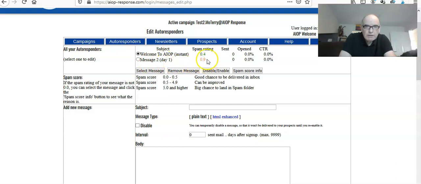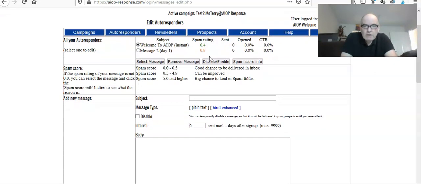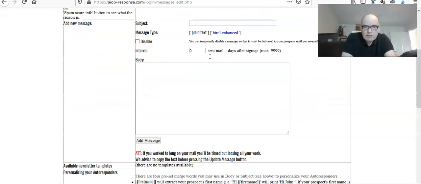So it's got a spam rating. This is quite useful. I'm not sure how good this works, as I've not really used it, but we've got the spam score underneath to give you an indication. 0 to 0.5, and then 0.5 to 4 can be improved. Big chance of landing spam. So it's got this indication, which is a good thing. Obviously use it and see how it works out. So we've got 2 emails now